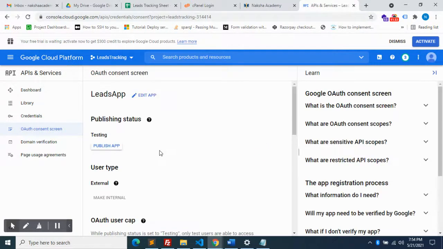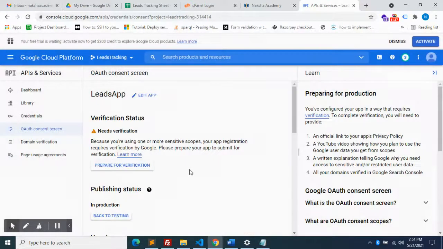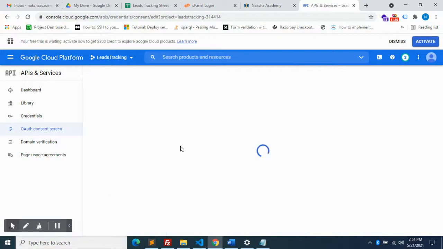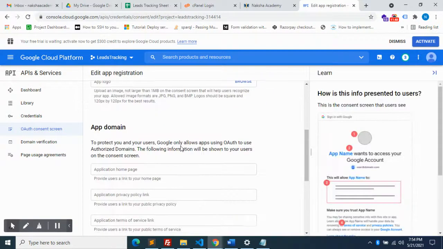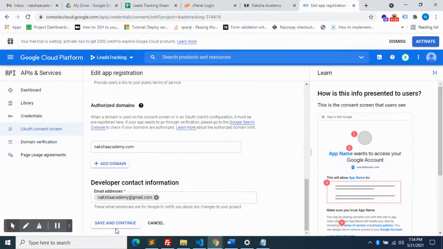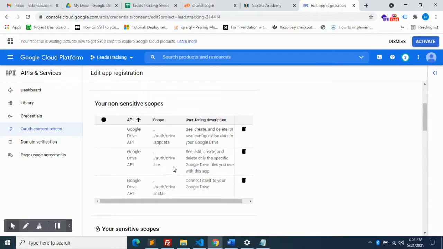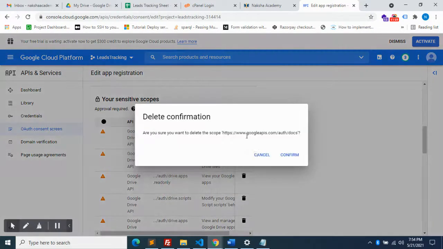So now we have to publish the app. We'll remove the sensitive app bar. One second. Scopes. Delete.